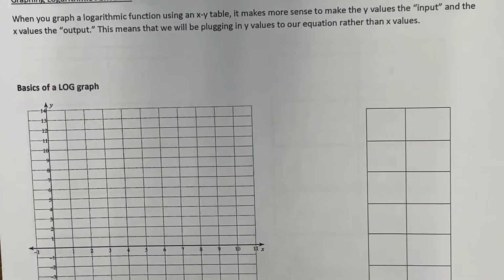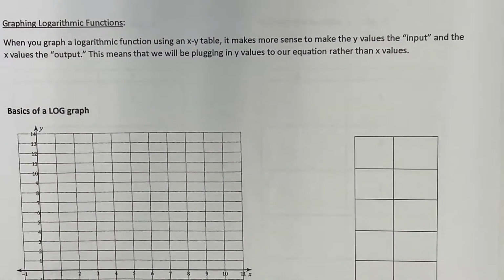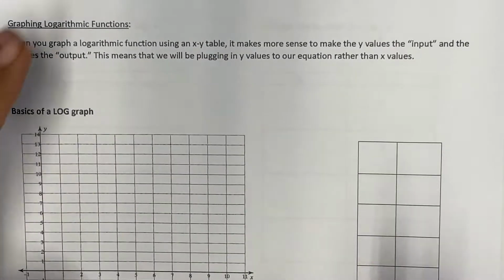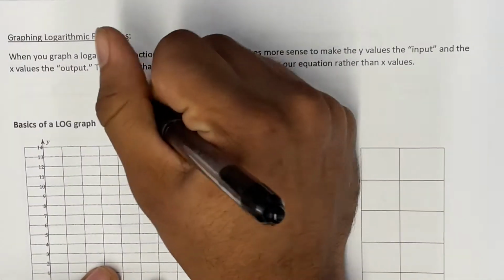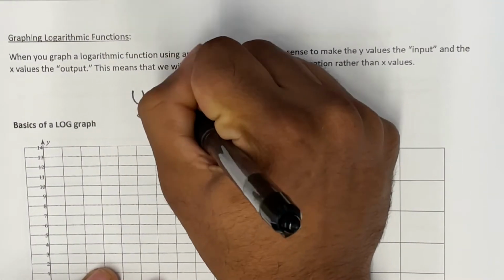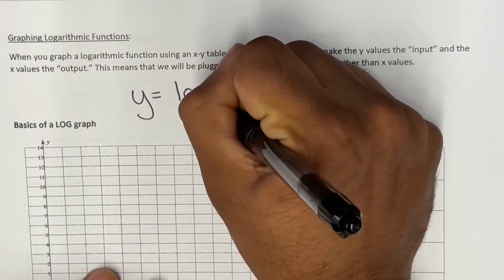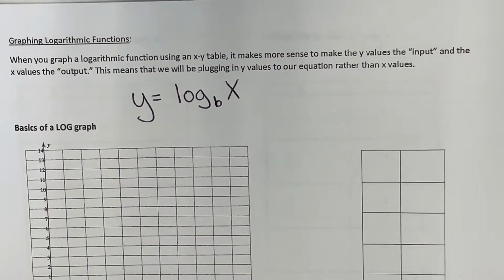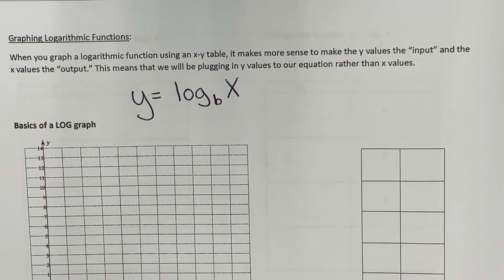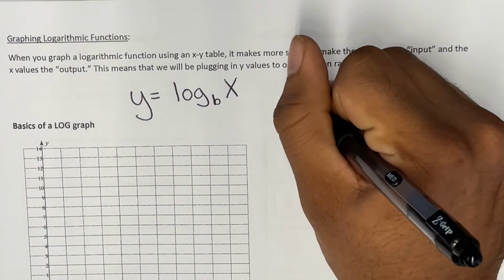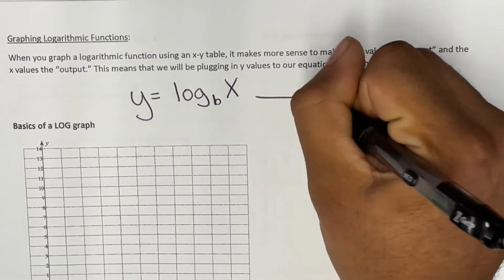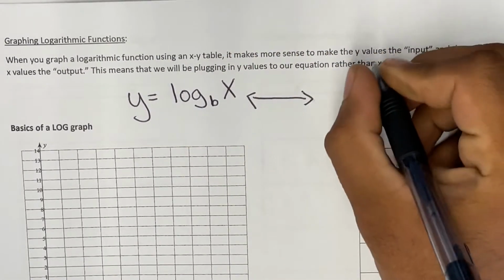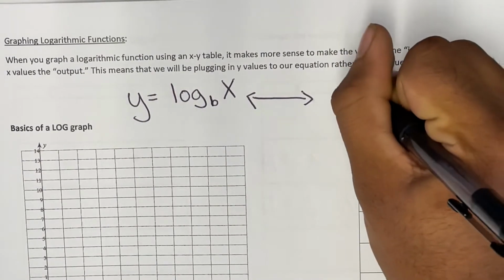All right, so I'm going to give you a basic format for this, and we'll do a couple examples after that. If we are graphing y equals log any base, I'm just going to put b here, of x. This becomes a little challenging, right? So what we're going to do here is we're going to rewrite this. I'm not doing the inverse. I'm just rewriting b to the y